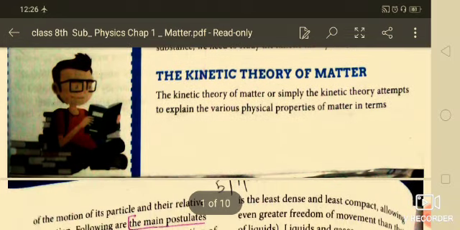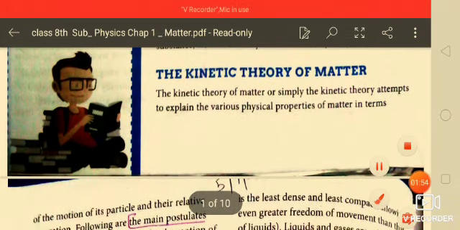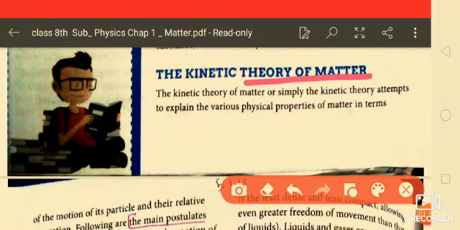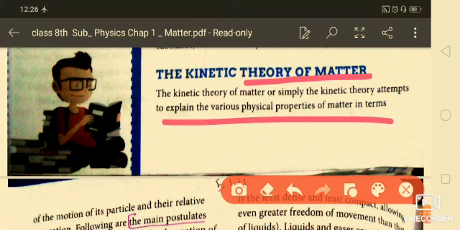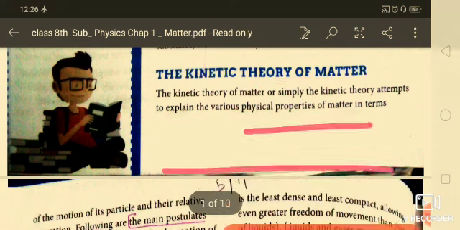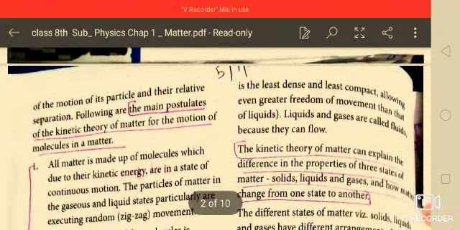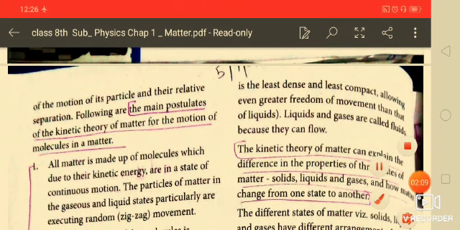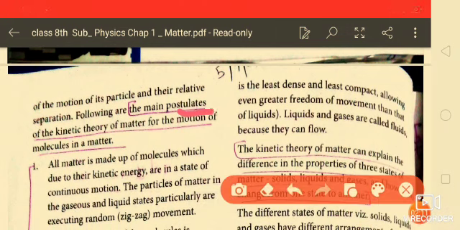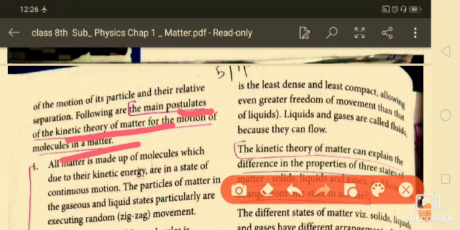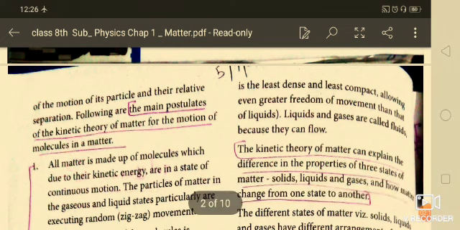of matter. So what is the kinetic theory of matter? Actually, the kinetic theory of matter, or simply the kinetic theory, attempts to explain the various physical properties of matter in terms of the motion of its particles and their relative separations. So the main postulates of the kinetic theory of matter for the motion of molecules in matter are given